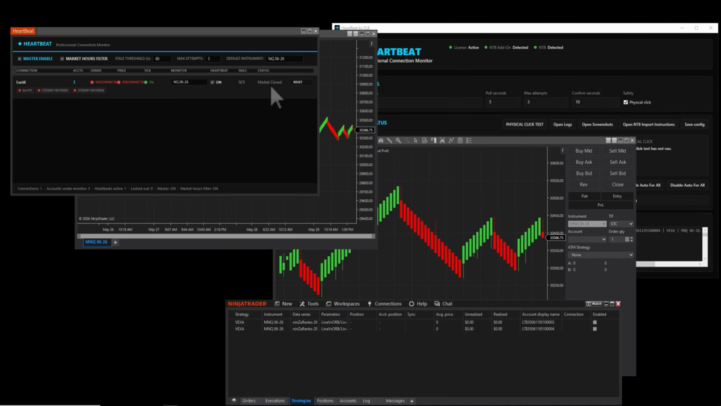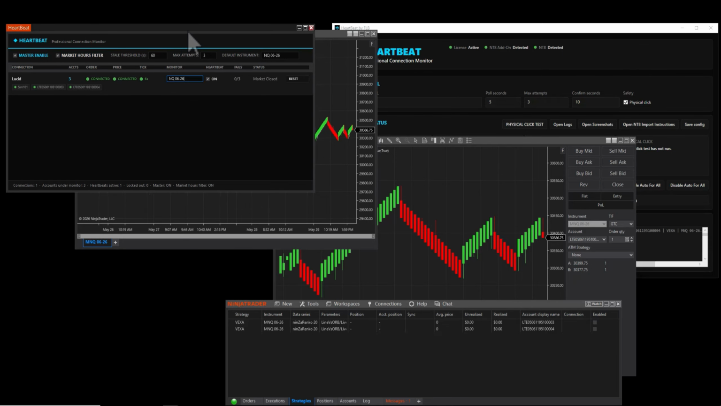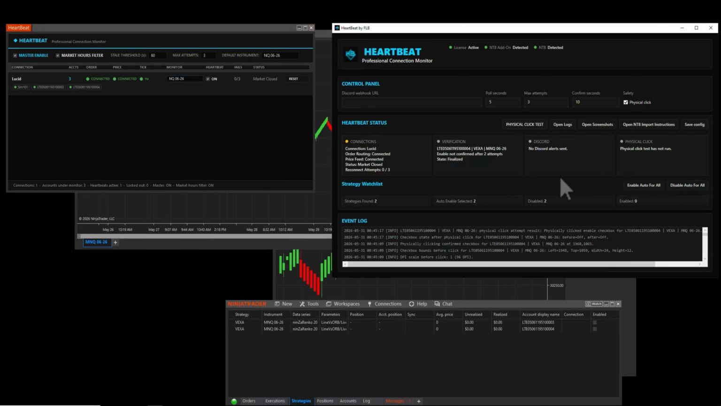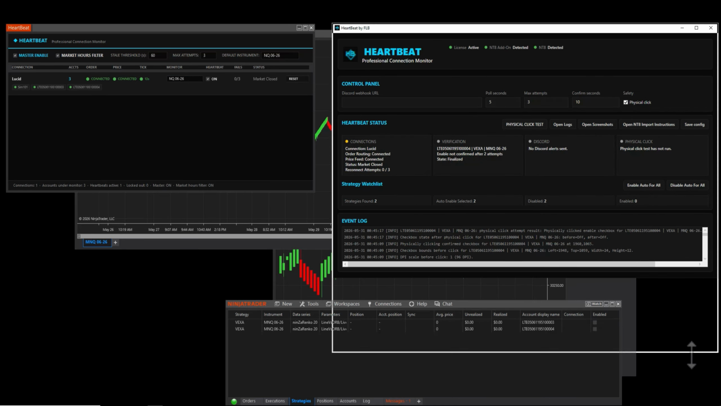Oh, you know what? Market is closed. So it's not going to reconnect the account when the market is closed. That's the thing. So it doesn't cycle 3 times trying to do it. So we'll have to manually enable it. You'll have to just believe me that this works. Anyways, and then now you're going to see the strategy enabler over here is going to pick up these strategies